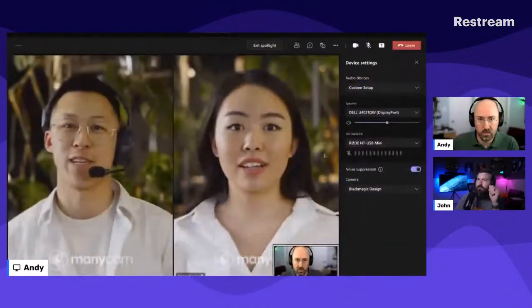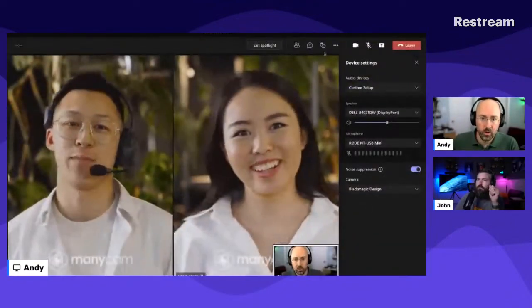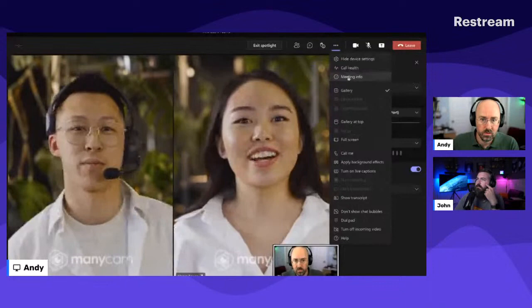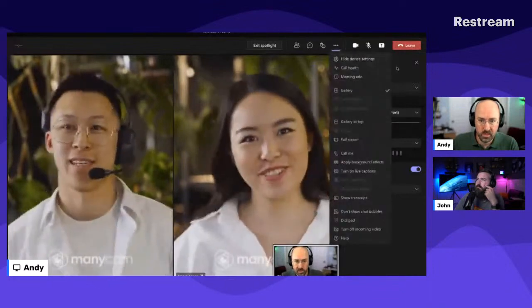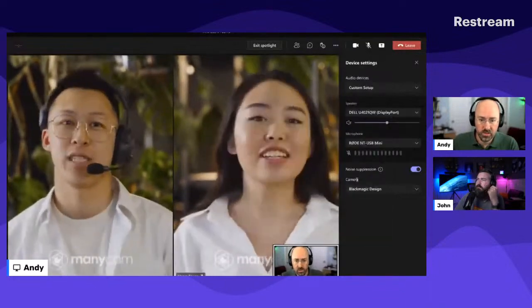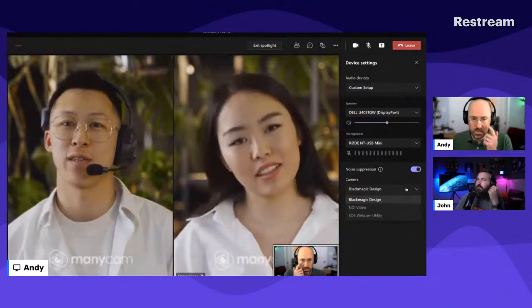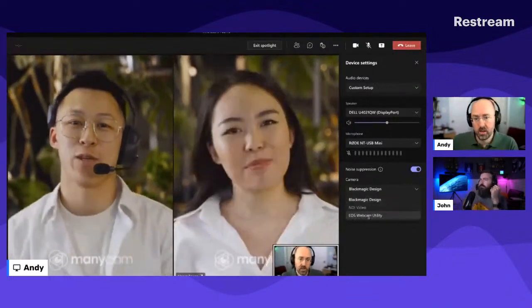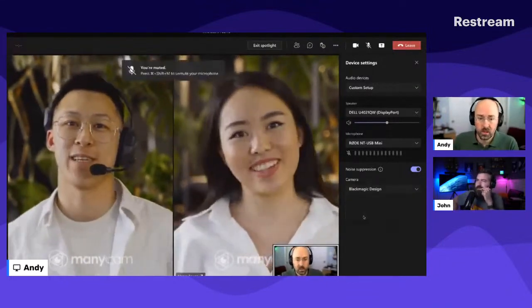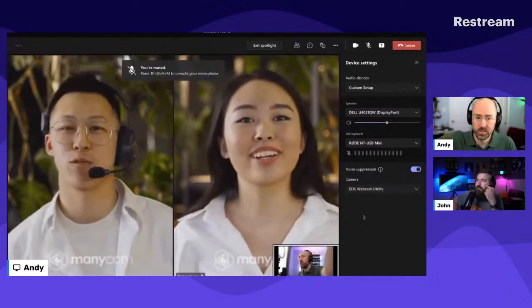All right, so this is the Teams window feed that I have. And so when I go into my device settings, so just go into device settings. I've already got it pulled up. Scroll down, and you'll see underneath camera that the Canon EOS webcam utility comes in. And so I should be able to switch over into that.